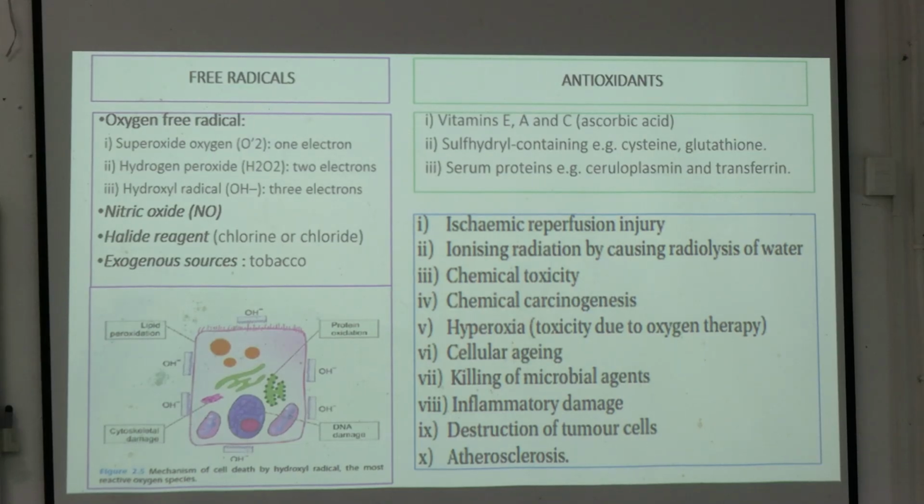Vitamin A, E, C, glutathione, ceruloplasmin, transferrins. These are normal antioxidants which are present in your cell, which tries to keep the activity of the free radical in check. But ki hoche, there are conditions such as this: Ischemia-Reperfusion Injury, radiation, hypoxia, cellular aging, inflammation. Tate there is increased generation of these free radicals. The free radicals jodi bere jay, the antioxidants fail to keep them in check. আর তাহলে কী হবে, আলটিমেট কী হবে, ফ্রি র্যাডিক্যাল বাড়লে এন্ড রেজাল্ট কী হবে, আজকের টপিক সেল ইঞ্জুরি। ঠিক আছে, সেল ফ্রি র্যাডিক্যালস বেড়ে গেলে আলটিমেটলি সেল ইঞ্জুরি হবে।